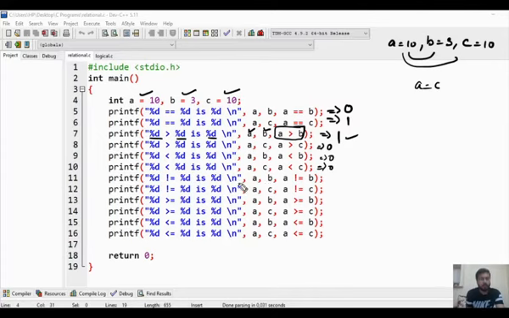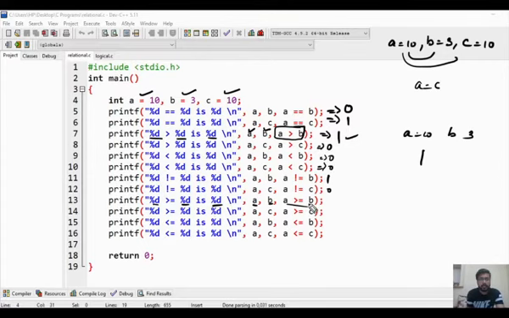Similarly, आगे क्या क्या है? Not equal to b. क्या a not equal to b है? a की वैल्यू 10 है हमारी और b की वैल्यू 3 है. क्या ये not equal to? बिल्कुल सही. तो ये 1 रिटर्न करेगा. And a not equal to c? No, they are equal. So return 0. Keep in mind these format specifiers. The first one is a, the second one is b, and the third format specifier is the result of this expression.